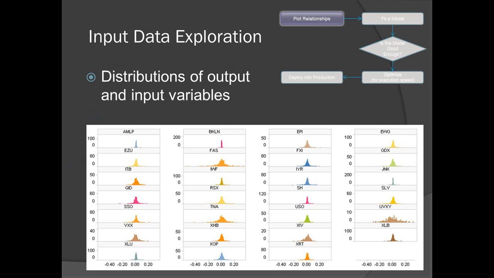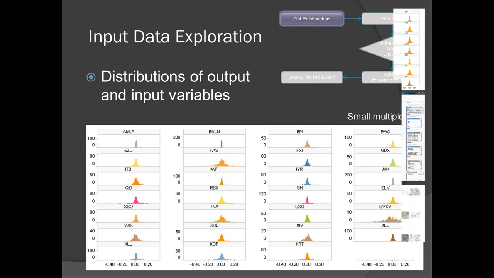So we mentioned this area where we try to explore the input variables. We want to do that quickly, and that's the first demonstration that I'd like to do. Here we're looking at a data set that I'll introduce in a moment, which is a financial series data set that has returns from different exchange-traded funds. The point is we're trying to see how these distributions relate to each other, and the wider ones tend to be more risky.